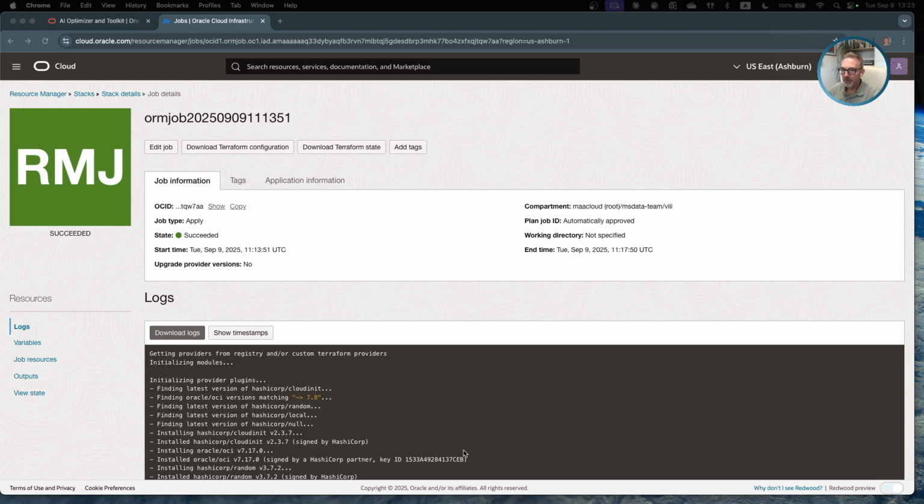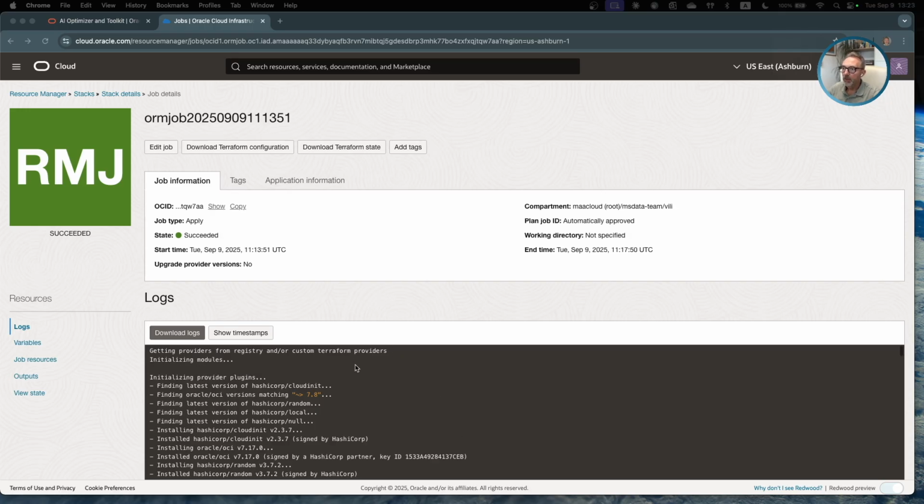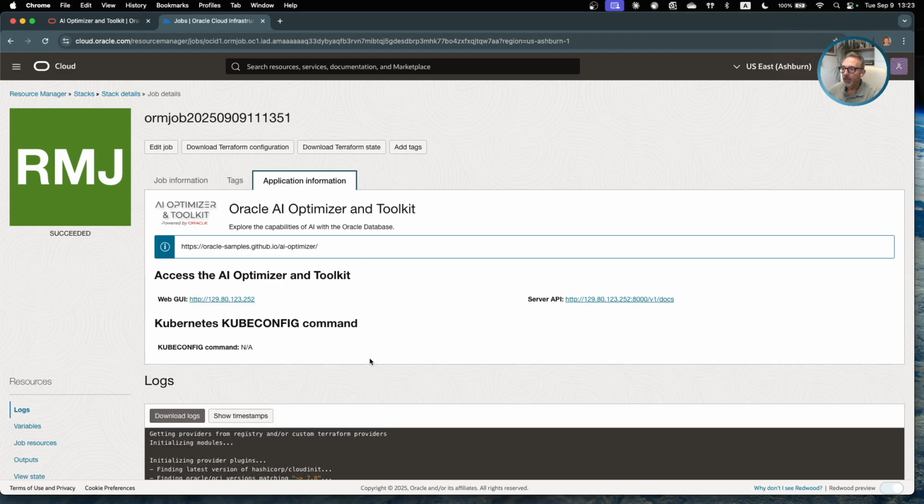So after a couple of minutes, OCI has successfully applied our stack, and everything was generated as it's supposed to. What we have here is application information, where we have public links to our application.